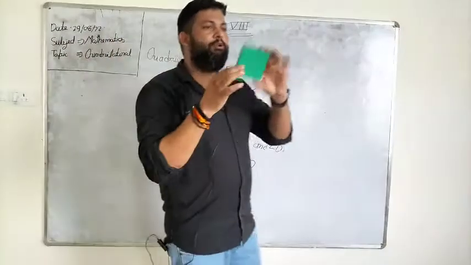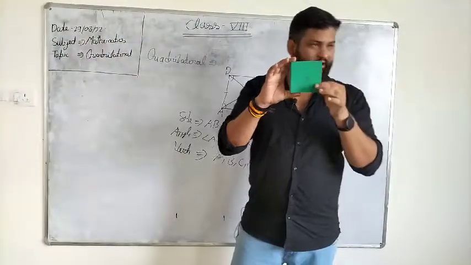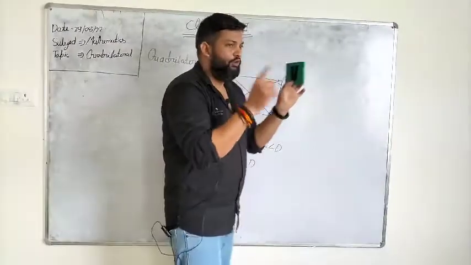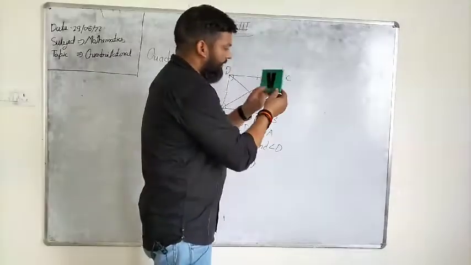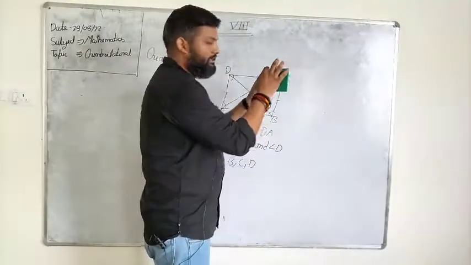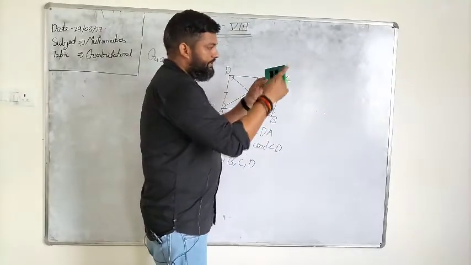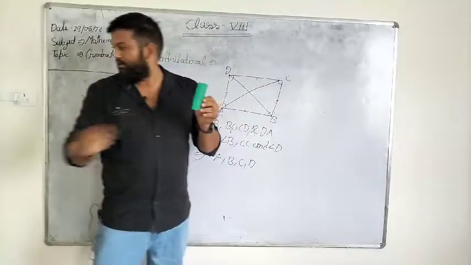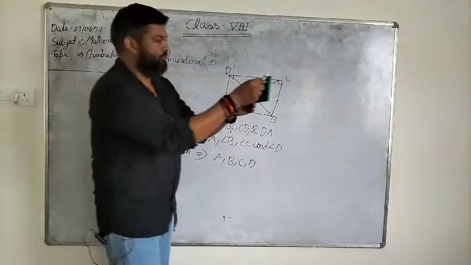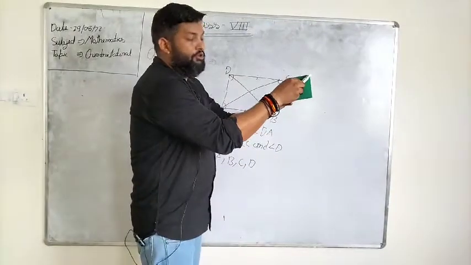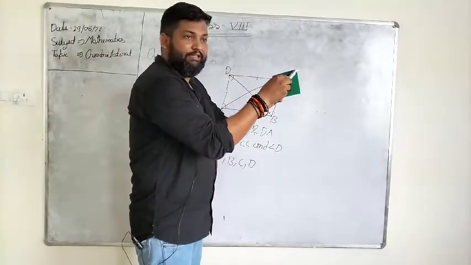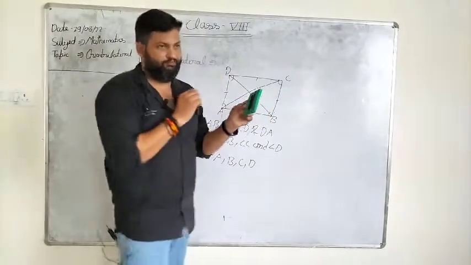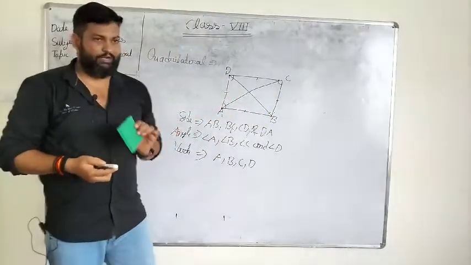This is a type of quadrilateral, you can say. Now, a closed figure that has four sides, four vertices, four angles and two diagonals. This way, when you join non-adjacent vertices, you will find the diagonals. This is the one and this is the two. So that is called a quadrilateral.